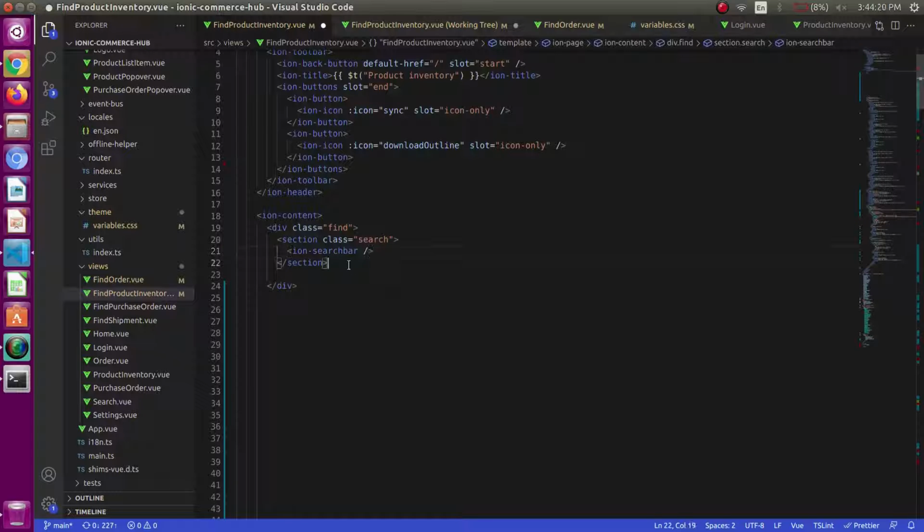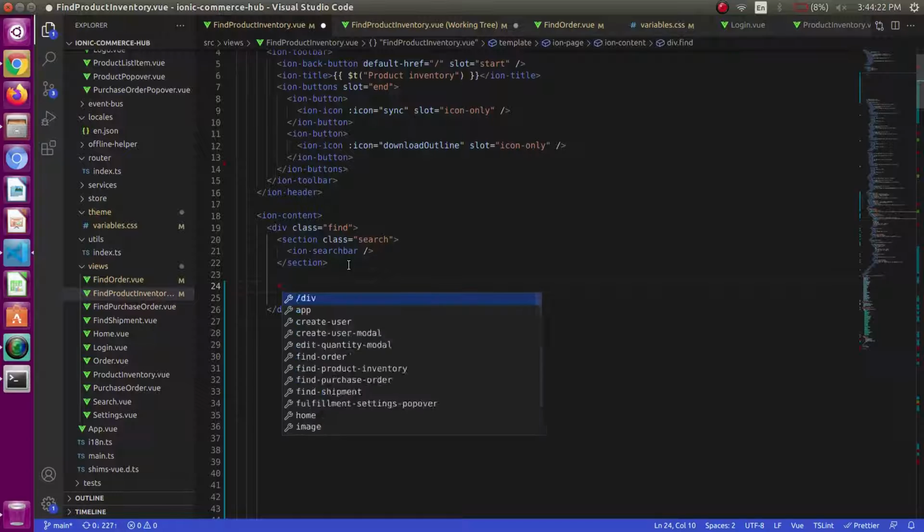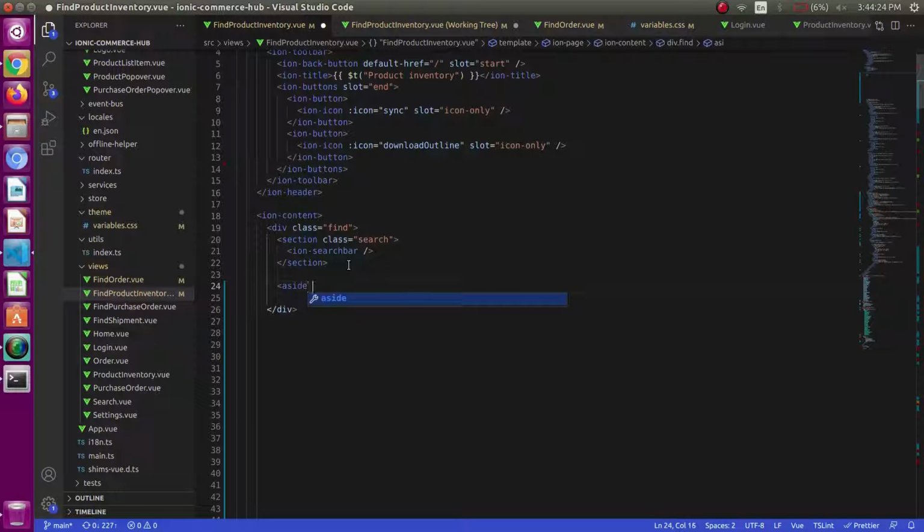After that, we have the filters part. Again, that is in the aside.